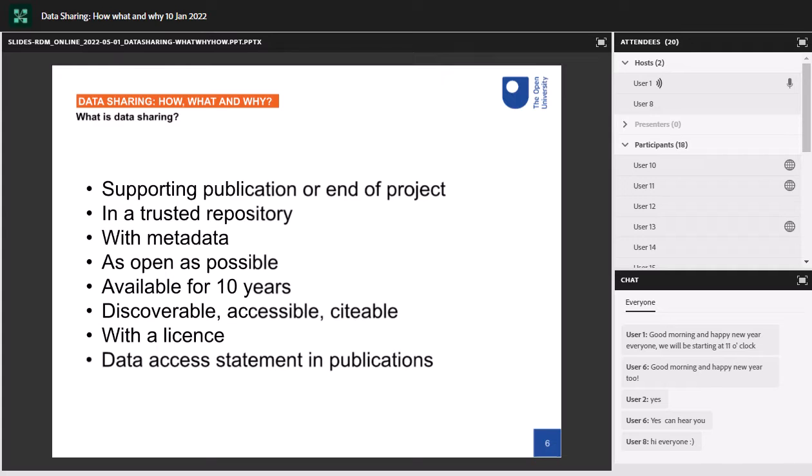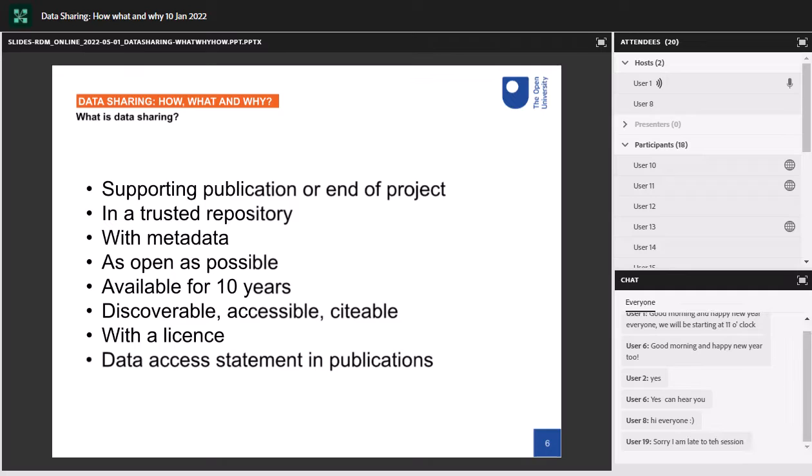Your data should be discoverable. So that means that people are able to find it. It should be accessible, so that means that it's in a format that people can open, and it should be citable. And that means, as I've already said, that there is a persistent identifier that people are able to use to be able to cite your data. You should also be able to assign a license to it, and usually we would recommend that you use CC